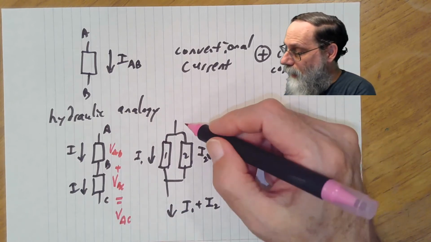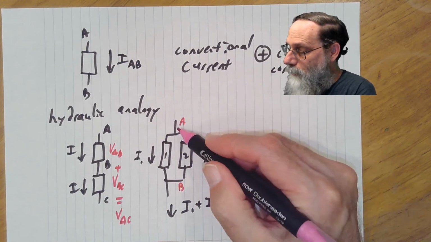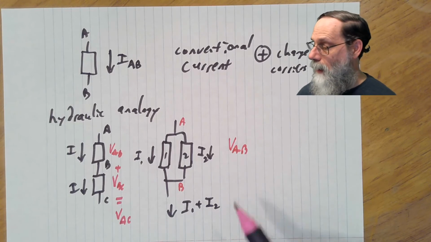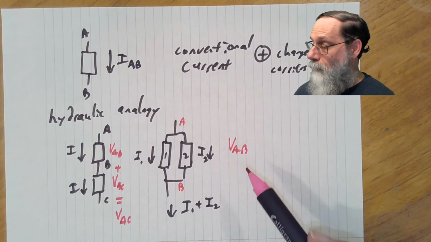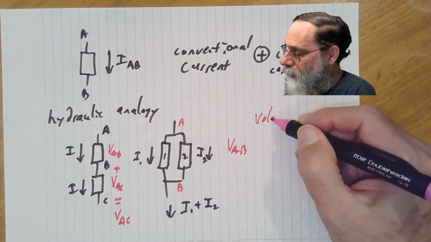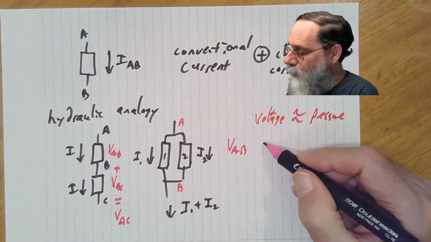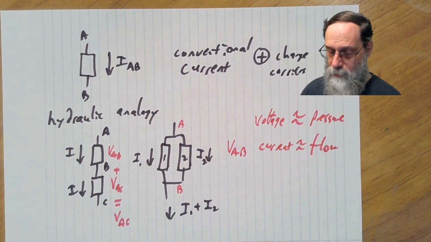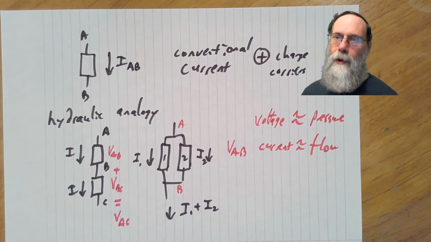And here, if I just have giving these things names, the pressure drop from A to B is the same no matter how many pipes there are in between. It's just the difference in pressure between those 2 points. So voltage corresponds to pressure, and current corresponds to flow. And those analogies sometimes help people in understanding what's going on in simple circuits, keeping what's voltage and what's current apart.